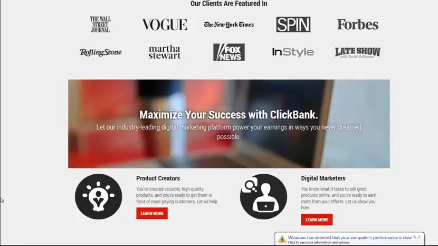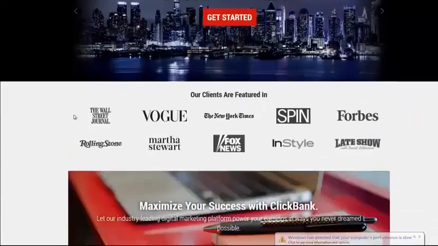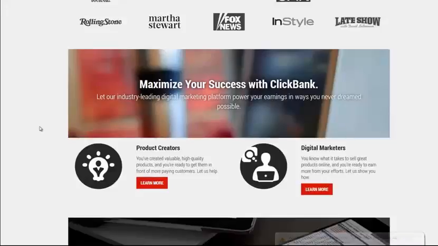Now, the place that I have made the majority of my money, the place that I also actually sell Google Sniper, so this is the place where you bought Google Sniper from when you joined the community, is ClickBank.com. Okay, that's the name of the website, ClickBank.com. You can see it right here. And what this is essentially, it's a marketplace, if you will, where you'll find tens of thousands of people